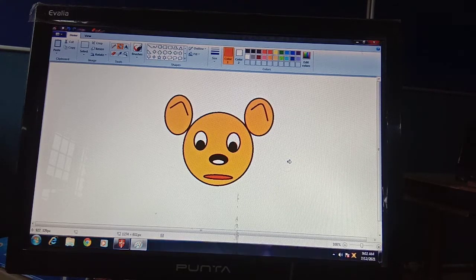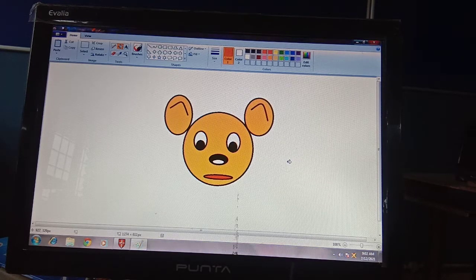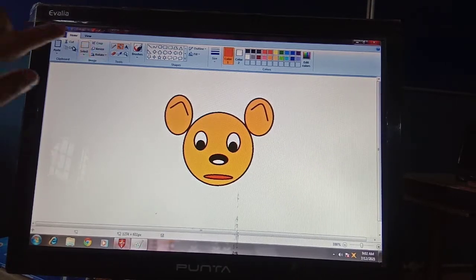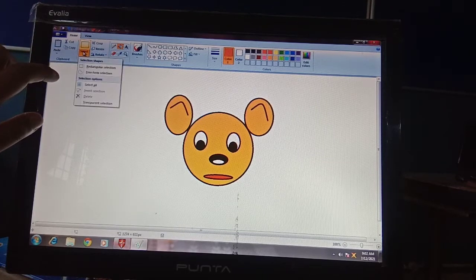Now we need to learn how to use the select tool. The select tool is used to select any part of the picture that we want to change. For example, I want to change this part. So we can select it with the help of the select tool. Click on the rectangular selection tool. Where is the selection tool present? It is present here.